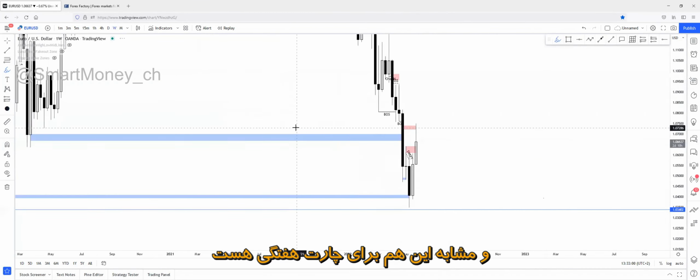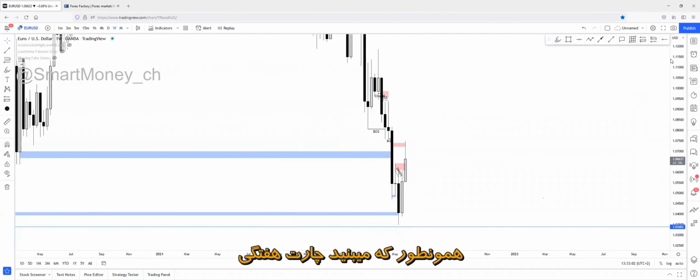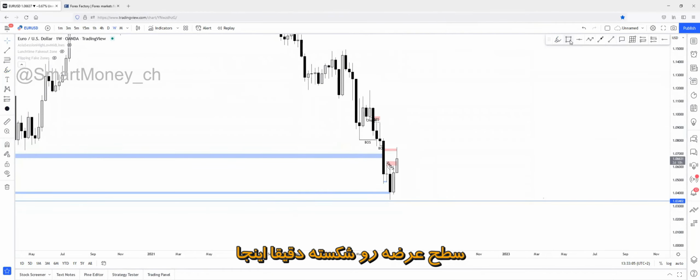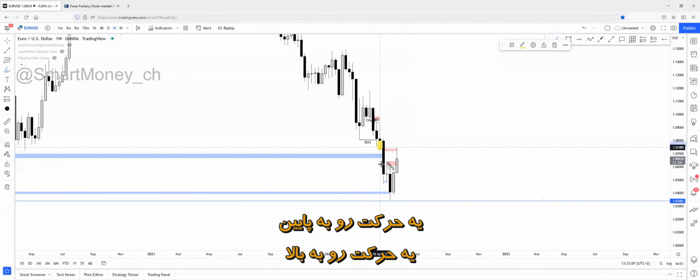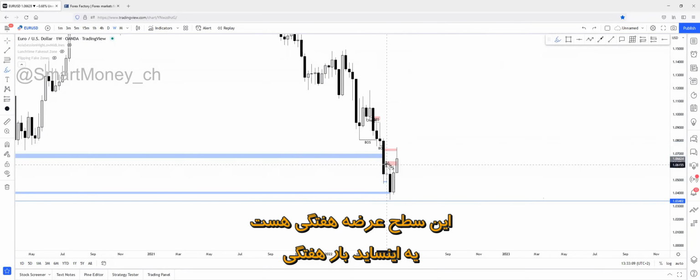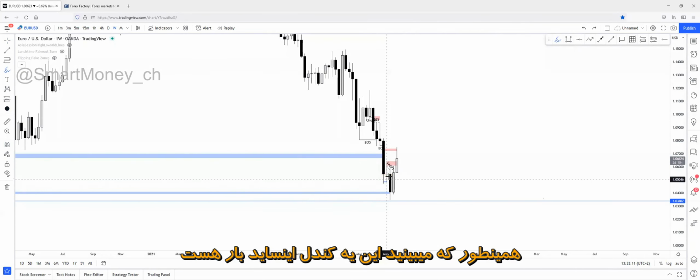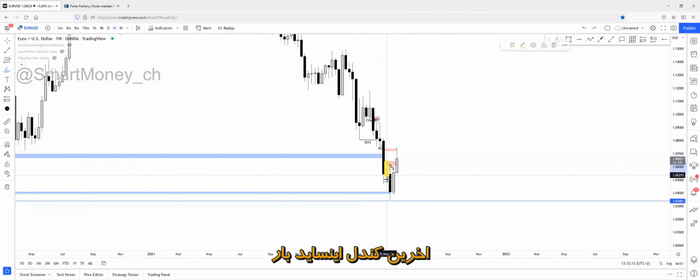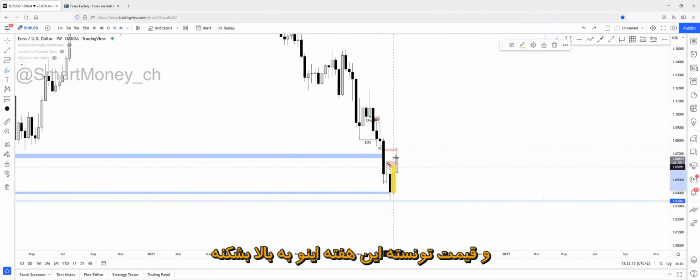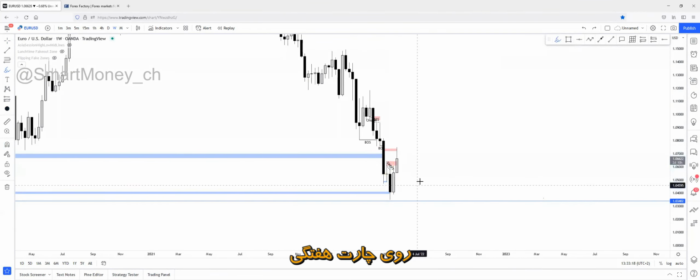The same goes for the weekly chart, because as you can see on the weekly chart, there was a break of supply zone right here, downside movement, upside movement. This is a weekly supply zone, a weekly inside bar. As you can see, this candle is inside of the last recent candle. Price broke above this weekly inside bar and created a change of character on the weekly chart too.